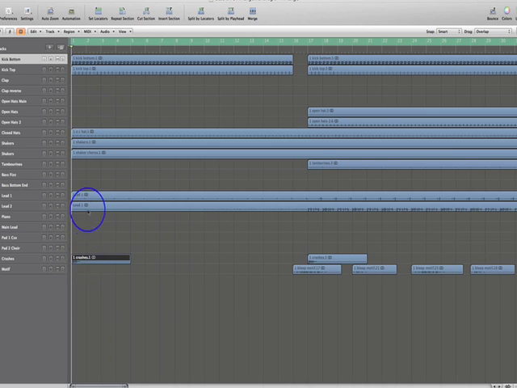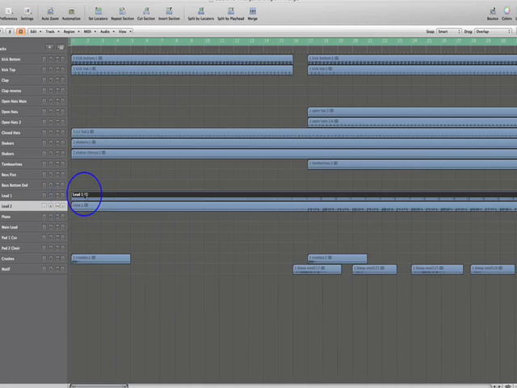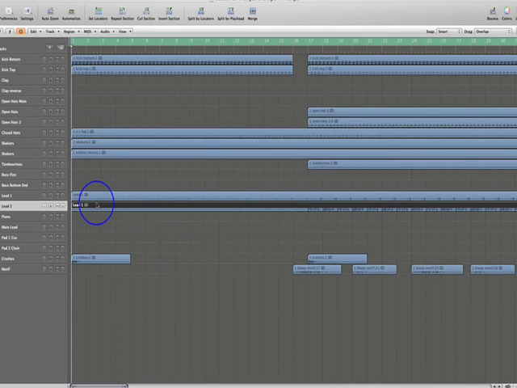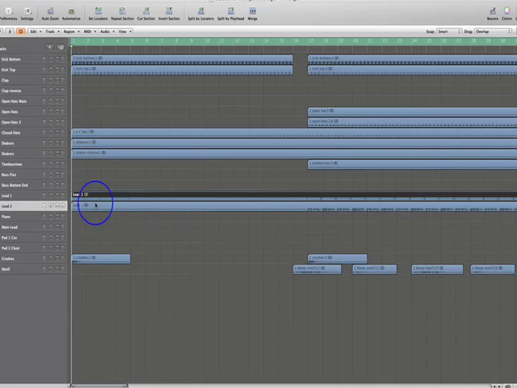Now finally, you'll notice that we've also got 2 leads, a lead 1 and a lead 2. Now all these are, if you recall back to the motif, when we wrote the motif and then we decided we'd experiment and we cut the pluck timbre into 4 channels. 2 channels contained 3 bars and 1 channel contained 1 bar. Well, all we've done here is we've bounced the 2 channels that contained 3 bars down into 1 channel and the 2 channels that contained 1 bar down into another channel. Now that probably sounds more complicated than it is, but that's how we did it.